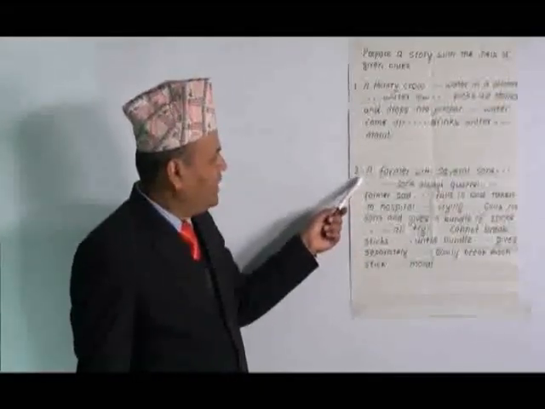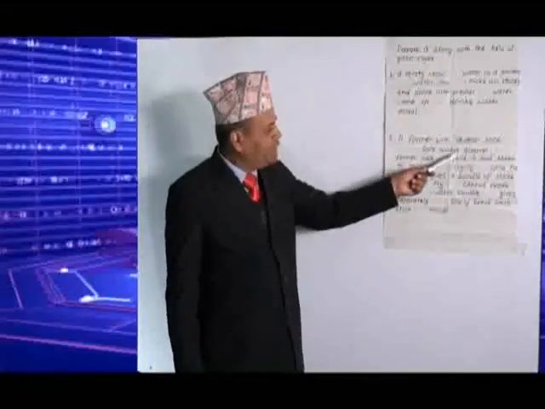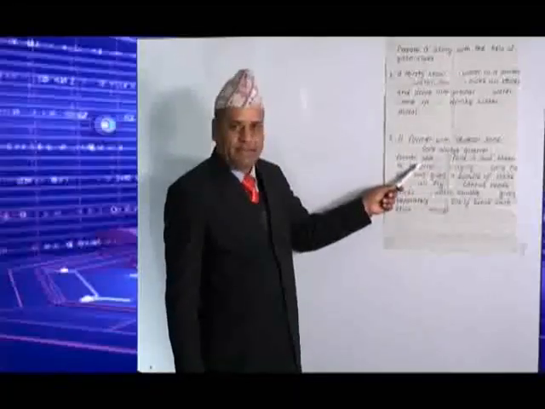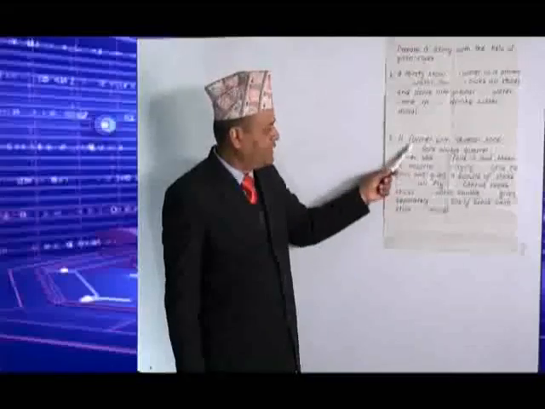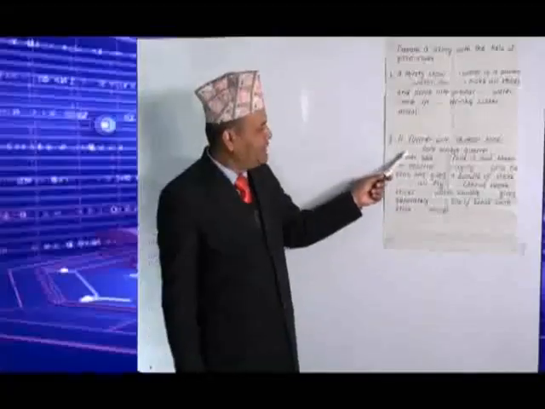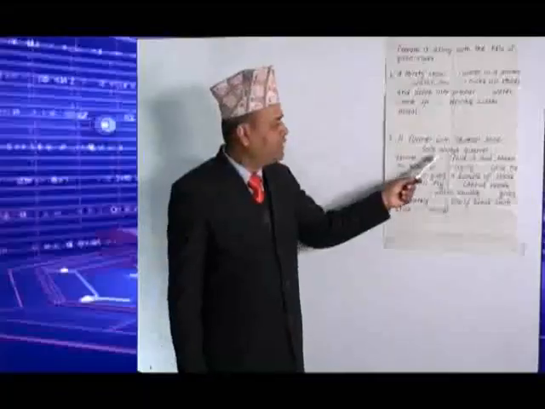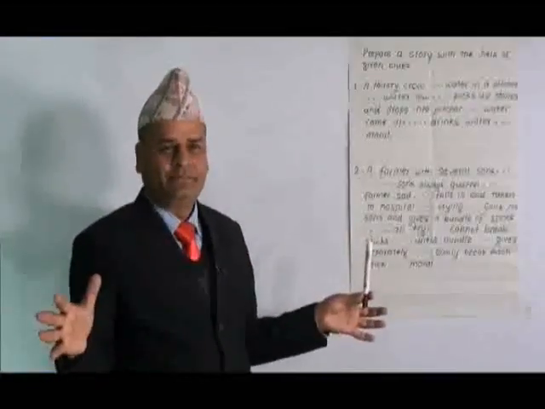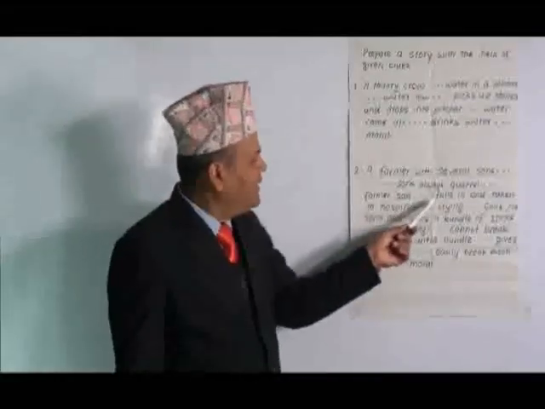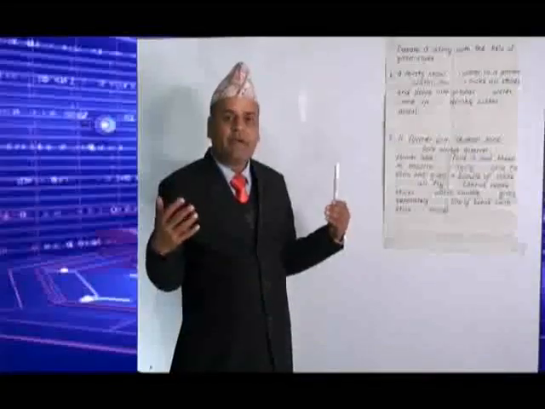Okay, number 2. A farmer with several sons. Sons always quarrel. Farmer sad. Okay, when we look at the outlines or the clues, we see here farmer, his several sons. Sons always quarrel means they always fight. They are not friendly to each other, right? And falls ill means the farmer falls ill, he becomes sick,